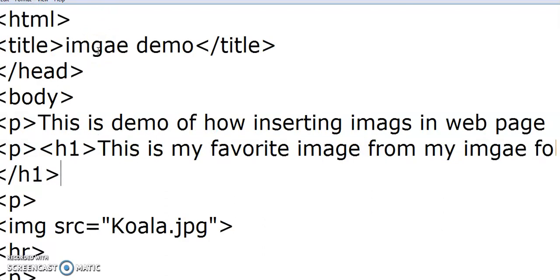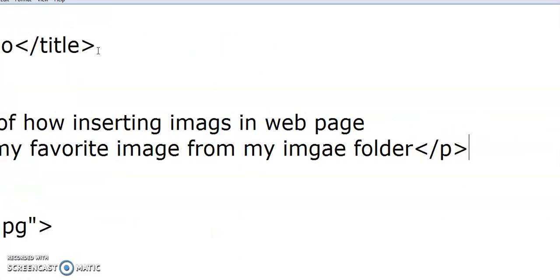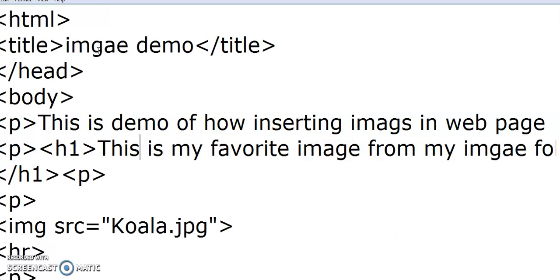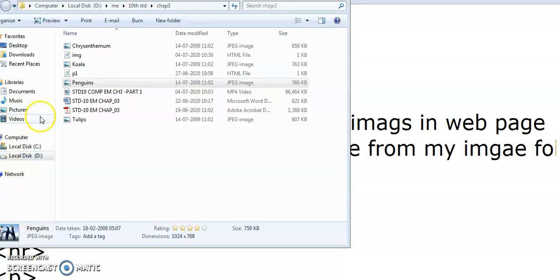My image folder, that means in our system there is an image folder. If you remember, there are two ways to insert an image: from a URL, Universal Resource Locator, or put the image directly in your folder. Here I take three pictures from my picture folder.